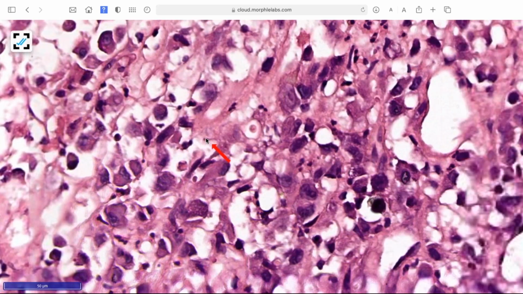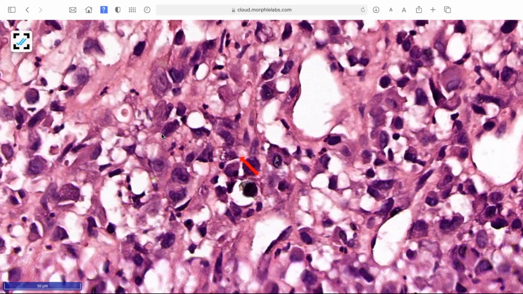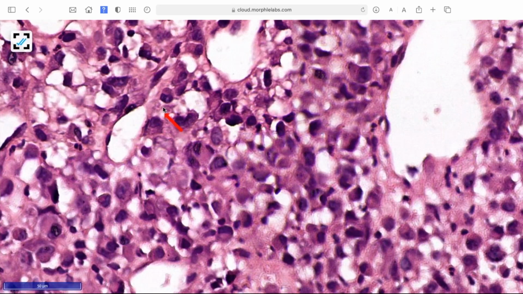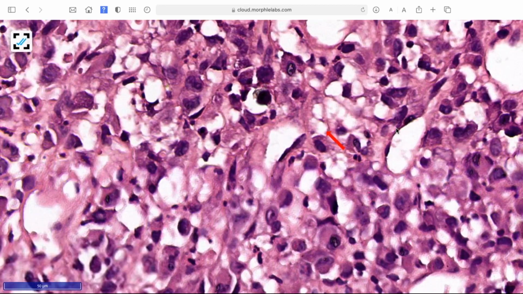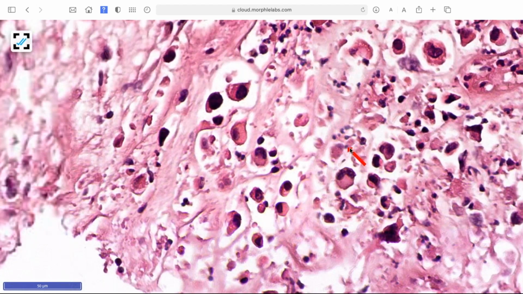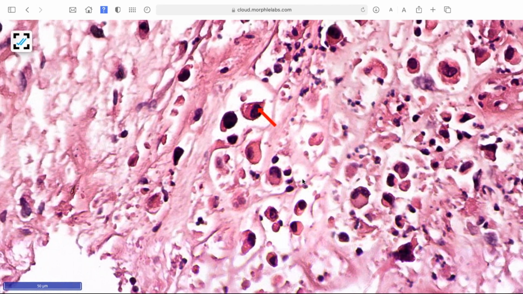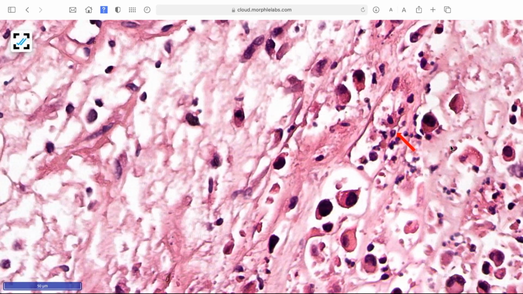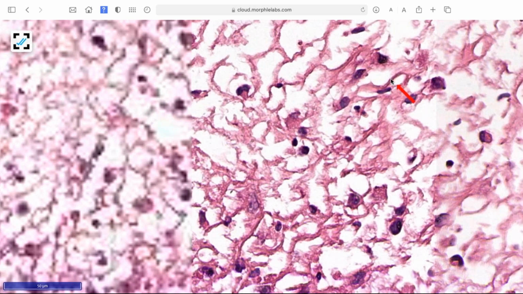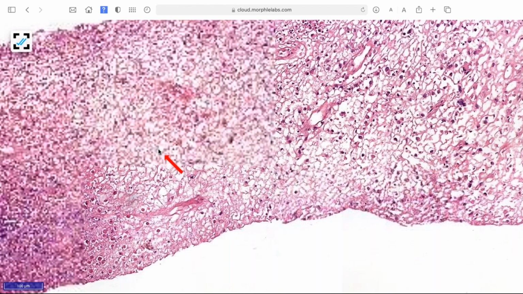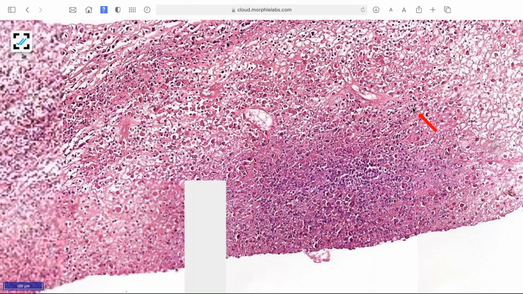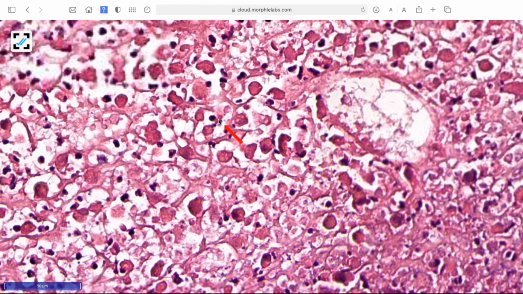So these are pleomorphic tumor cells, high-grade nuclear pleomorphism. No gland formation or squamous formation. And when you come across extensive areas, some cells look rhabdoid, with extensive necrosis and some sclerosis. These areas don't show that many osteoclast-like giant cells. But when you come to this area, they show a lot of osteoclast-like giant cells.